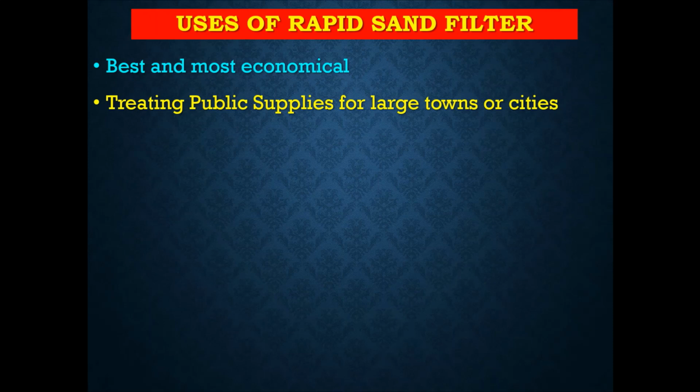Now in the next lecture we will focus on the design example. There are two types of design example in the rapid sand filter. We will see the important steps of the design of the rapid sand filter. There are two types of design, type 1 and type 2. In the next session we will see type 1 of the design of the rapid sand filter, and in the following session we will see the remaining type.